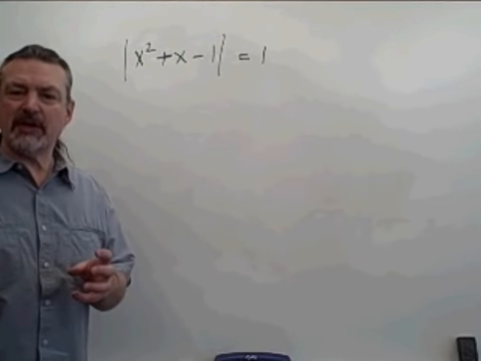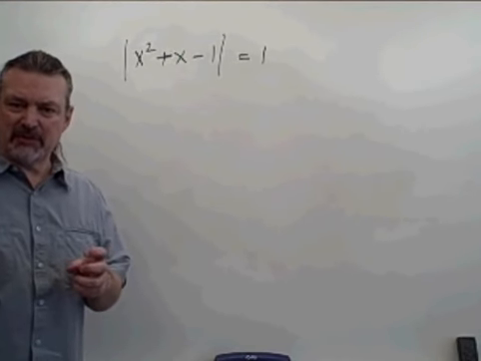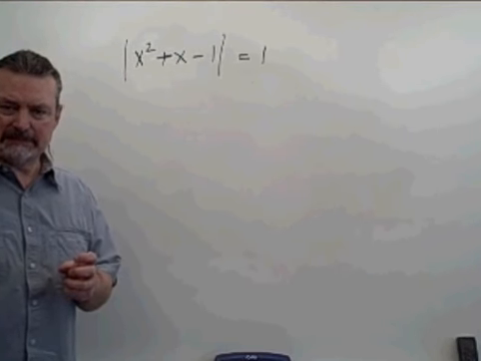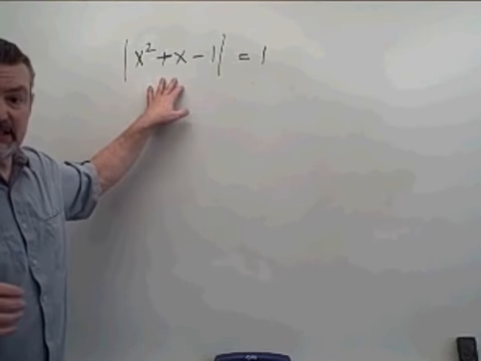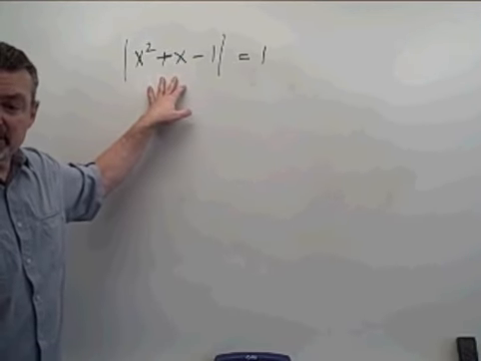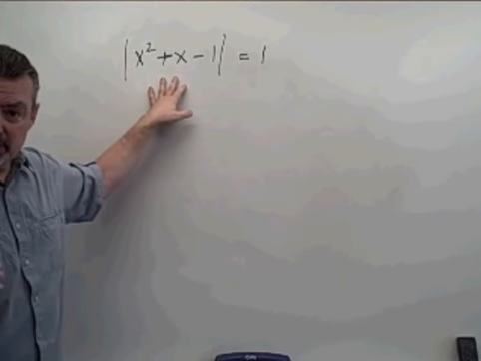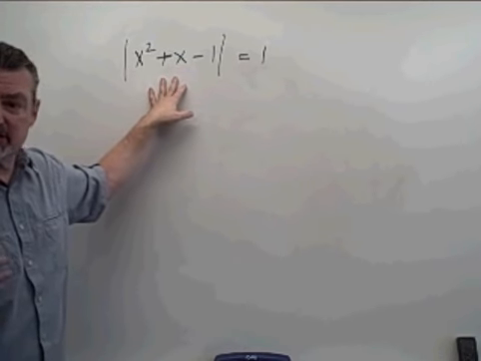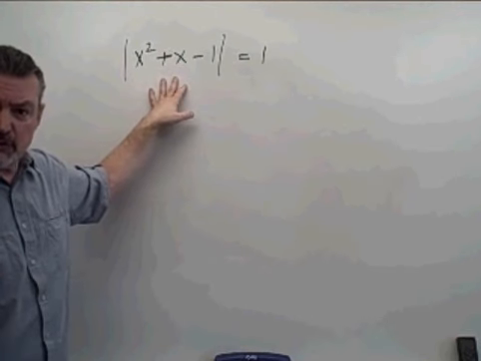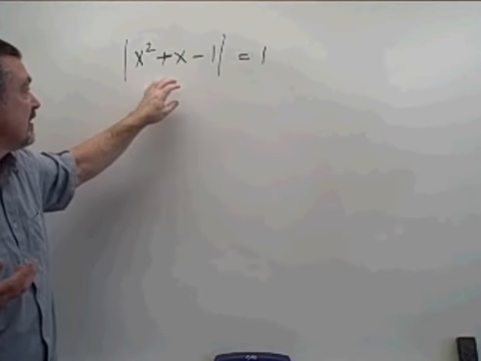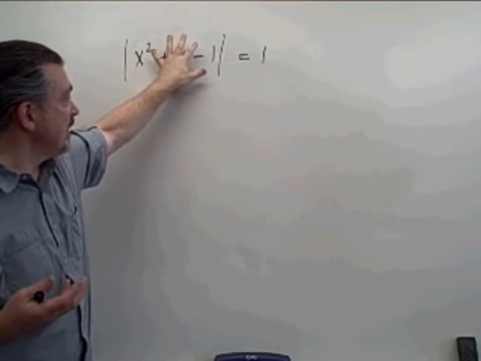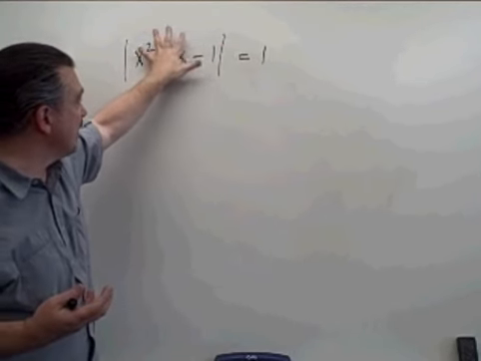Let's see what we can do with this equation as the last example of solving the absolute value equation. Now, in this instance, the expression that's inside the absolute value expression is a trinomial. But that doesn't change the truth of the fact that this quantity, if its absolute value is 1, then that